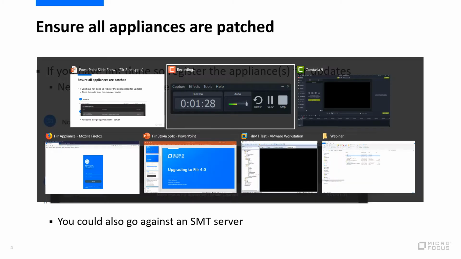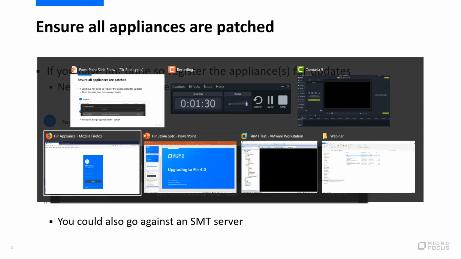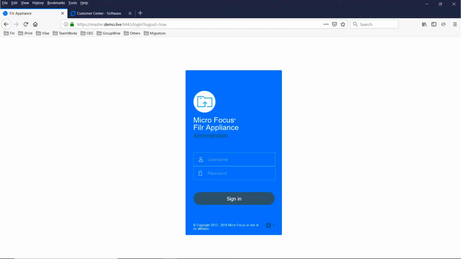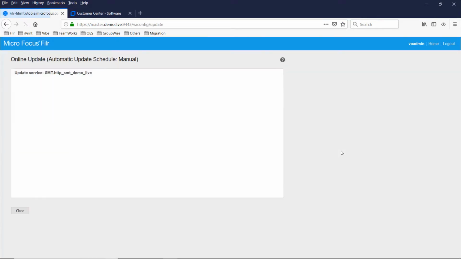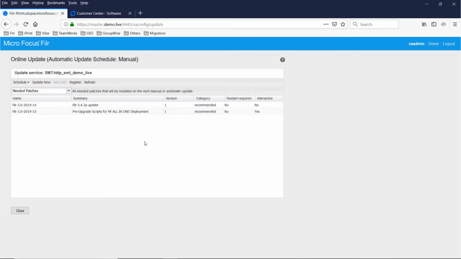So the way you do that, and we'll actually cover this in a little bit more detail later on, is if you log into the virtual appliance administration, let's just log in here as VA admin. I've got this option here for online update, which in this case I've configured, and you've got an option to configure that to go against the online update center, Novell Customer Center, and it will prompt you for an activation